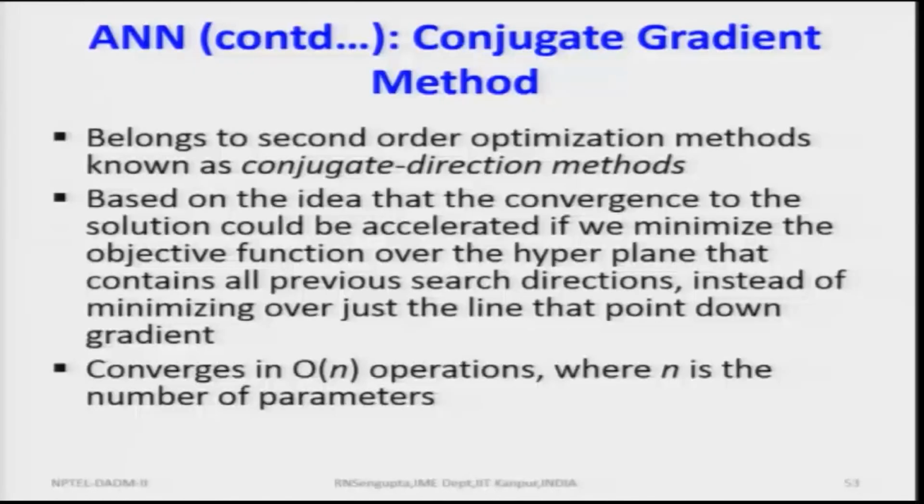So, this is a feed forward backpropagation network based on which we can do the conjugate gradient method. It basically belongs to the second order optimization method known as the conjugate direction method. So, based on the rate of change of the function, we will consider that. If you remember, whenever you are trying to do an optimization problem, when it is a maximum and the